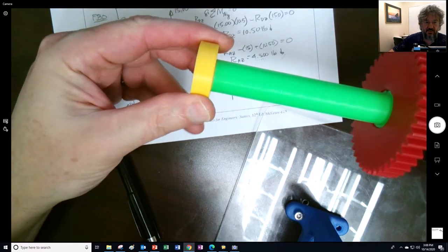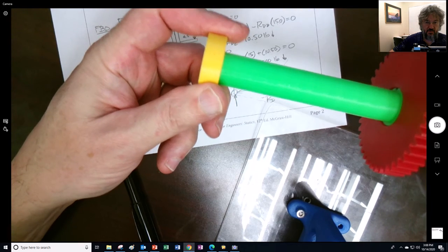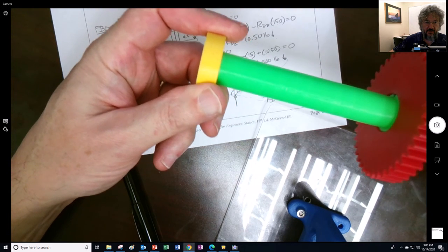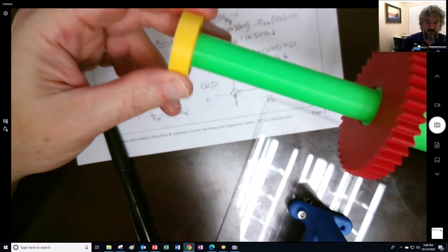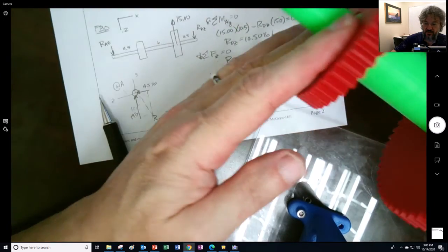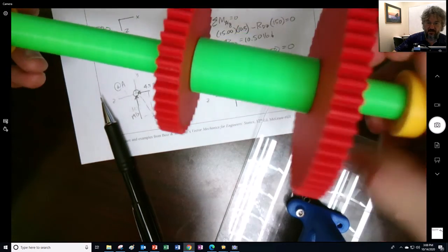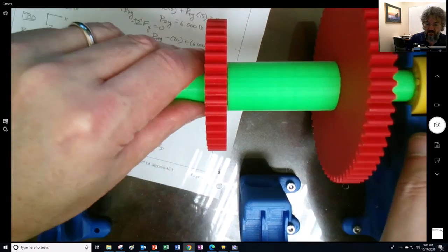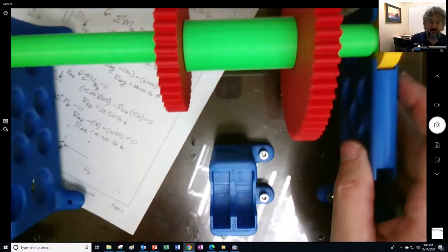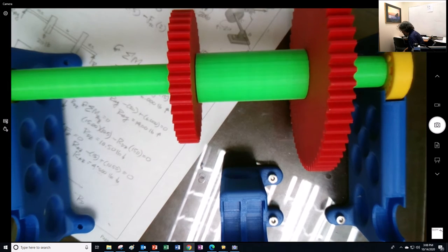We have to imagine a little bit that there's some amount of play. It's not much, but there's some amount of play, so that it's not restricting this thing and causing a moment. So we could treat these like a pinned connection, and that's the big idea, that the thing can spin freely on this. So I put it into this little thing. It can spin, and I can put other parts on. And now if I want to figure out what forces are being placed onto here,